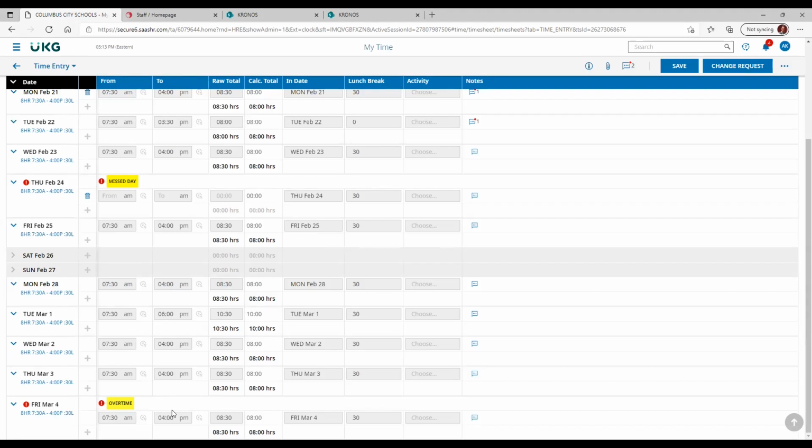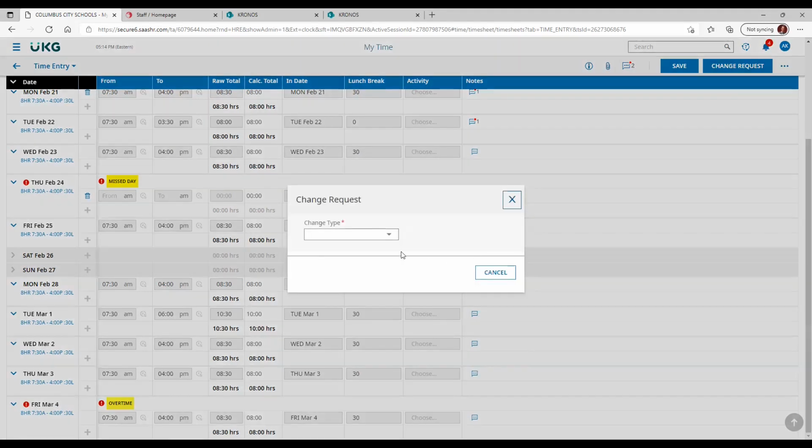So Kronos makes calculations and it will correctly show when you have accrued overtime. And then, and only then, will this overtime flag appear. So to keep it simple, you can only convert overtime to comp time on days which have this overtime flag. So to make that conversion request, I click change request,